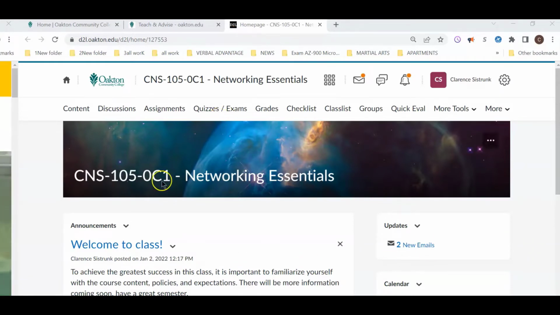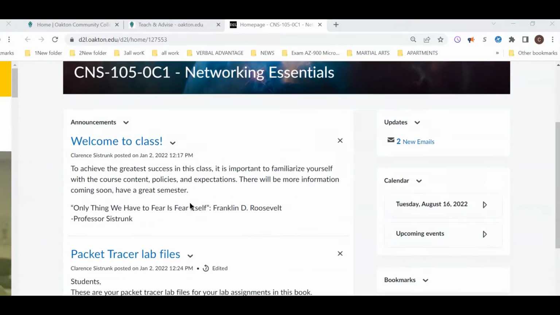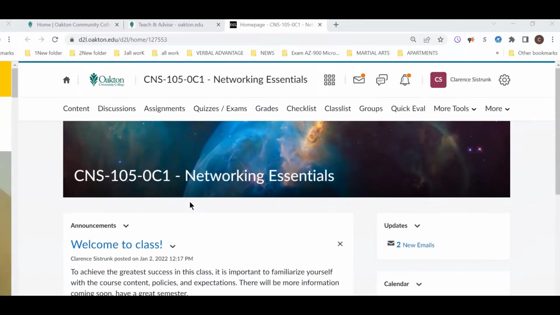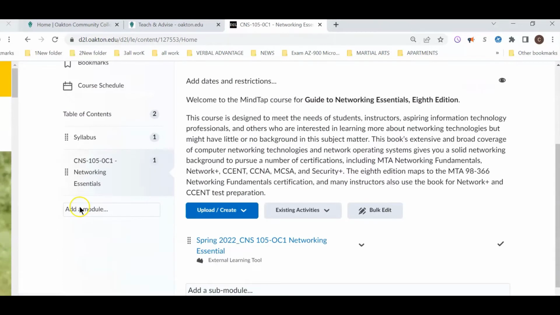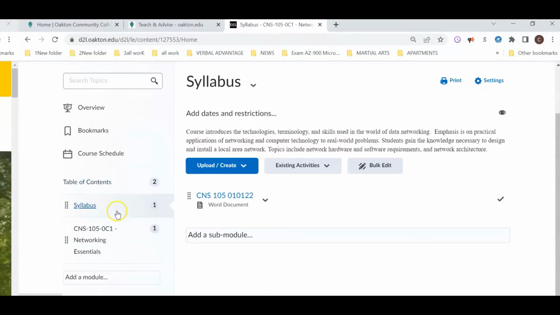So the first thing I suggest that you do is review your syllabus. Read the first page. There's always going to be something on there that's helpful. But I would also say click on content and go to where the syllabus is. Here is the syllabus for this particular class. You click on this link, you download it, you have your syllabus. Please pay attention to the syllabus. It has been laid out to walk you through everything you need to know about this class.